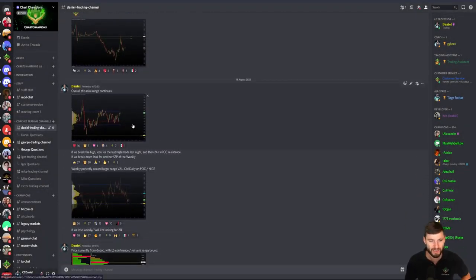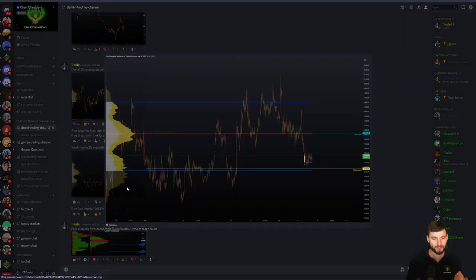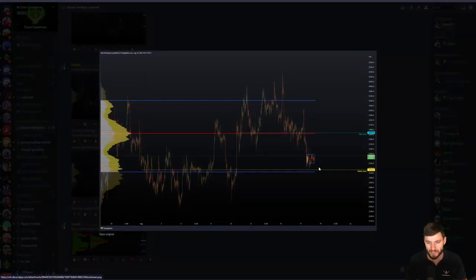And for me, it was really, really key. Within that range, I knew that if we had broke the range high, which we never did, by the way, we could be looking at back up towards those highs. In the end, we obviously remained range bound here. We obviously lost the low, which was that weekly. And I was very, very keen and made it very obvious that if we lose the weekly, then I'm looking for $21,000.